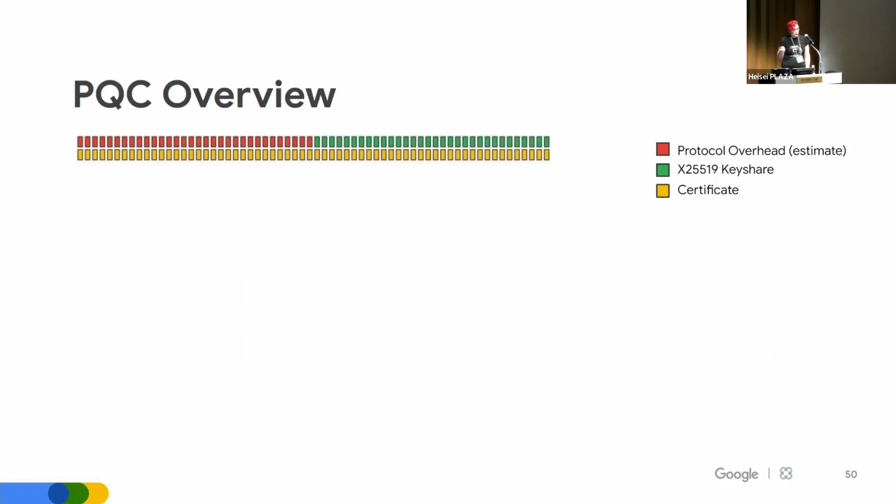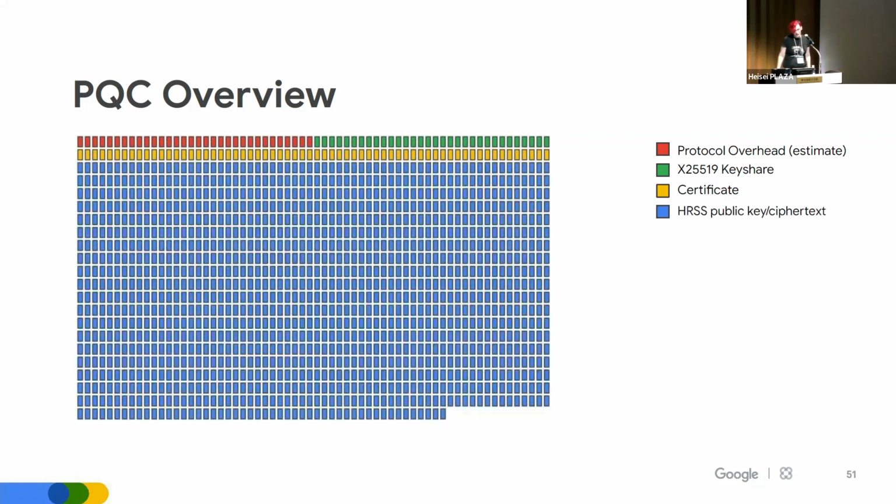So what are we going to do to this protocol now? This is a bit of an approximation of what the sizes of these things are. You have a key share, you have some protocol overhead, you have a certificate. I used a single ECDSA signature. I'm not actually sure if it's one or multiple or whether there's an RSA, but you can see roughly how large that thing is on the wire. And then, well, we added an HRSS public key or ciphertext to this message on the wire.